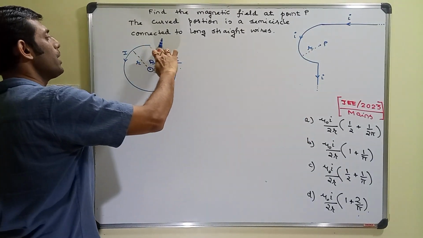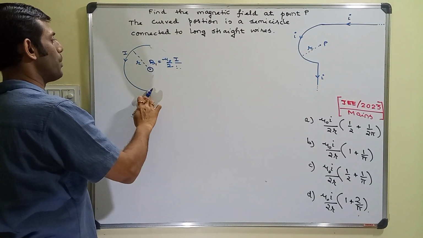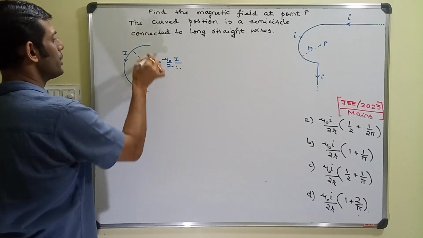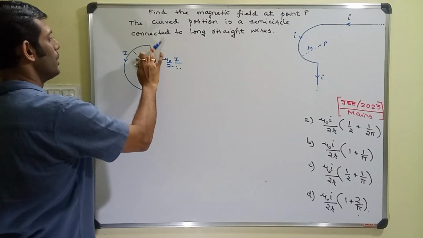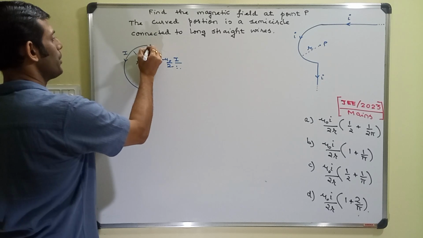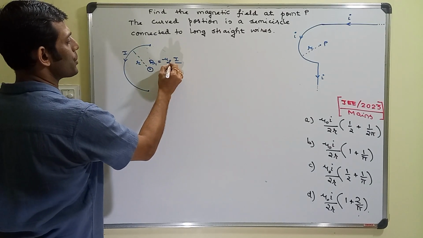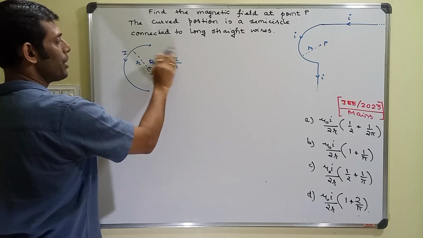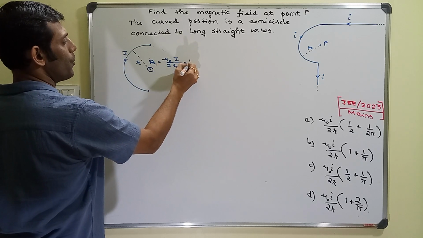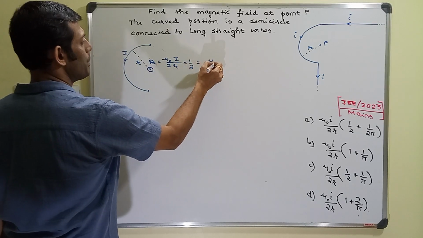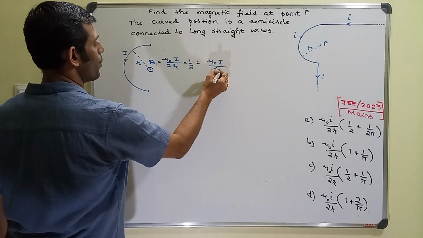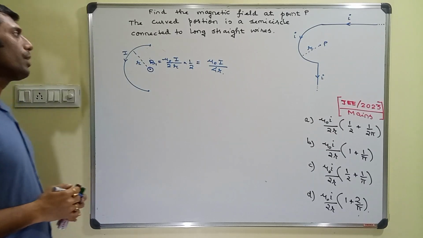Let's say we do not take this part of the loop, and we consider only this much portion, from diametric endpoint to diametric endpoint. Then my calculation would still remain the same with multiplication by a half. That means this will be mu naught I by 4r. Now next,